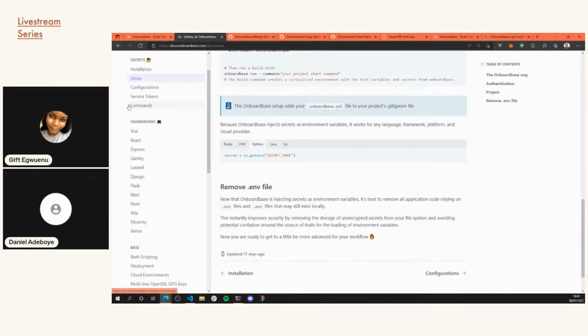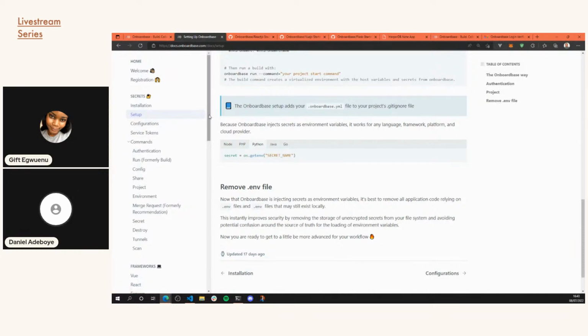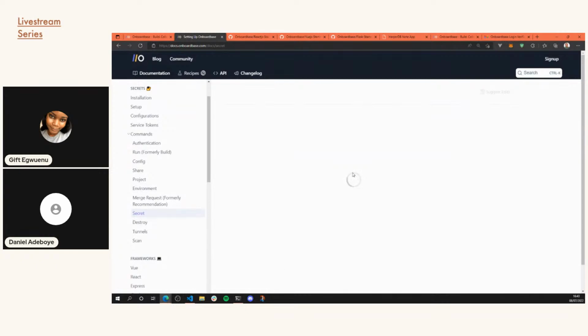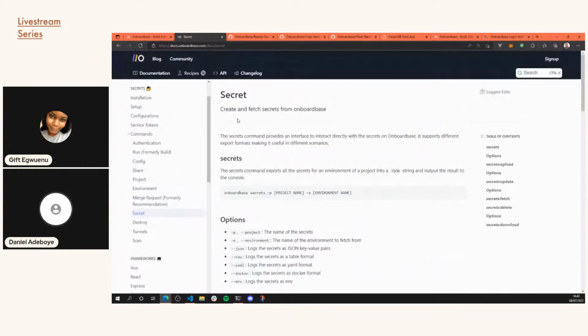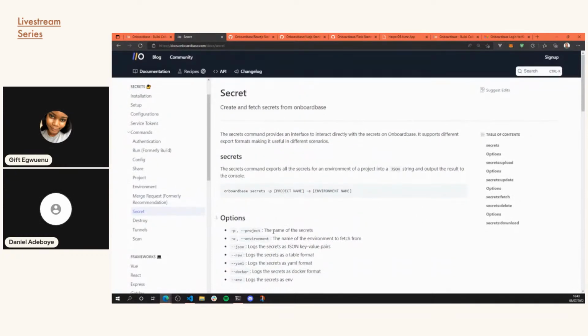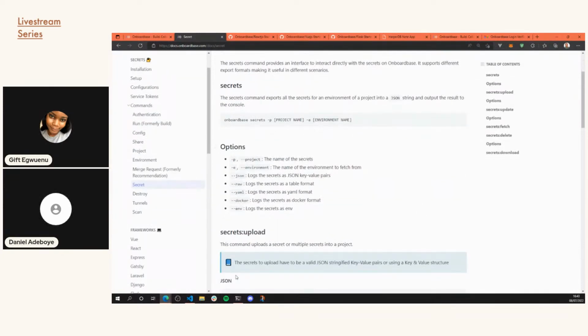Basically, adding secrets, editing the secret, pushing new secrets, you can do all those with your command line also. I know for some devs, they would prefer to use their command line to add a specific secret, to create a new secret, and to push stuff like that. So once I click on the secret, you can see I can create and fetch secrets from onboard. So I can create secrets through my terminal,